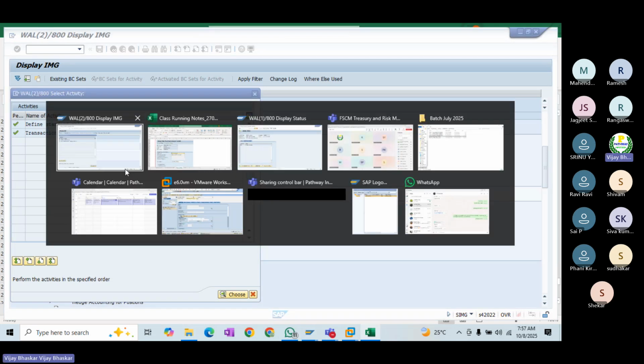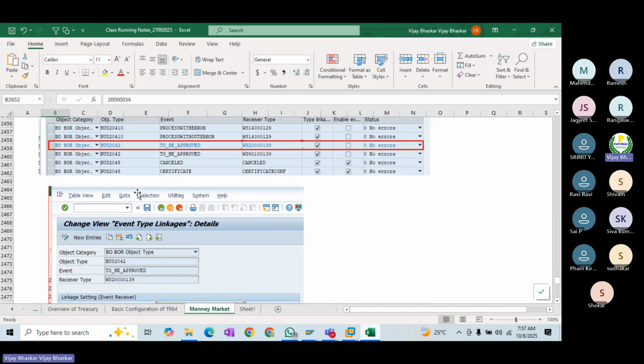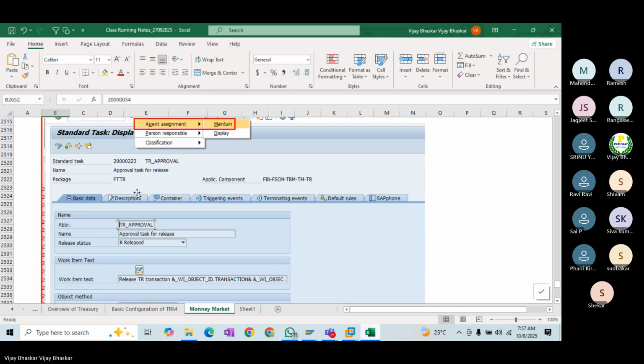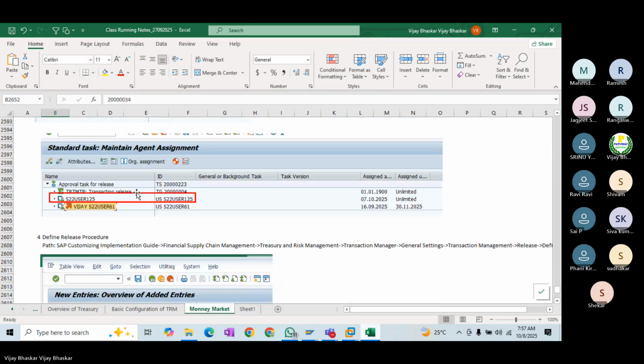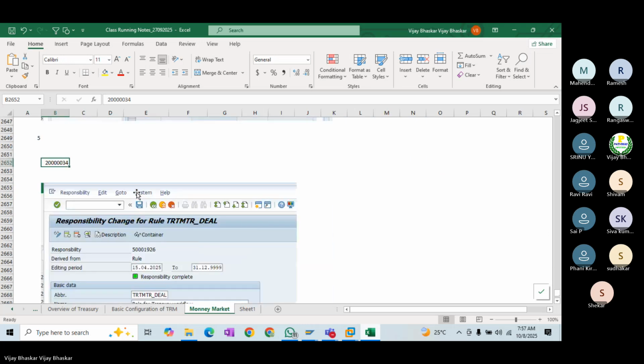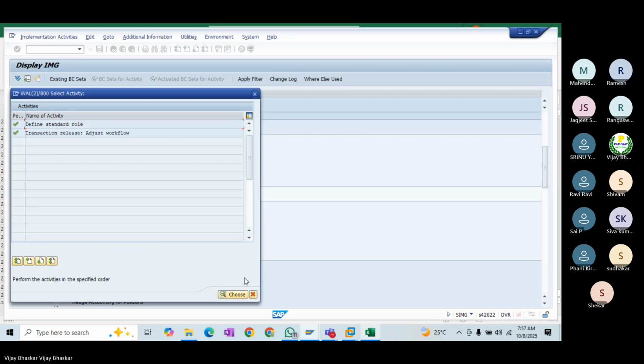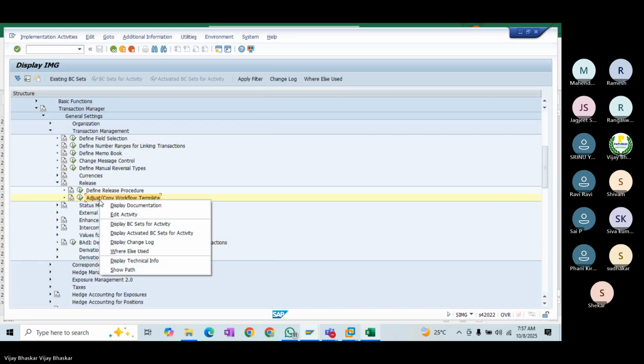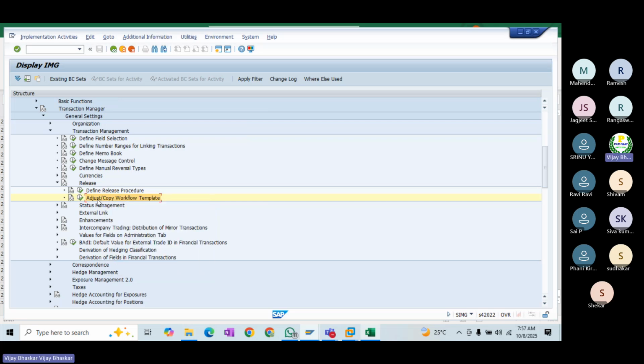This is important for us. Let me come here. Adjust workflow template.